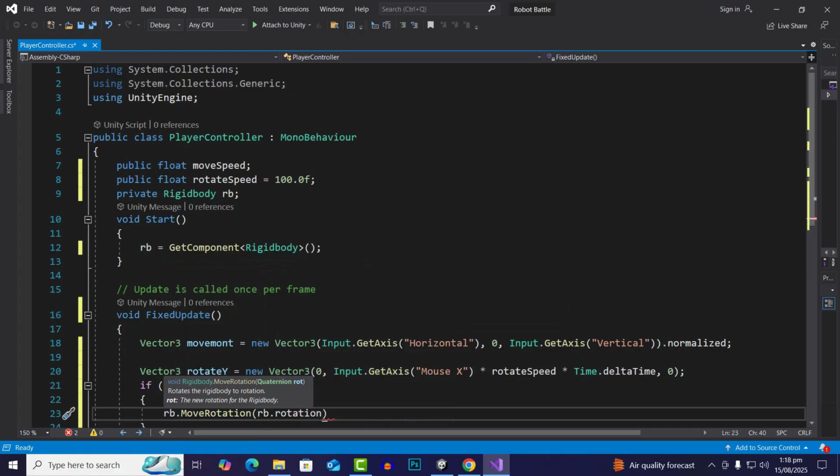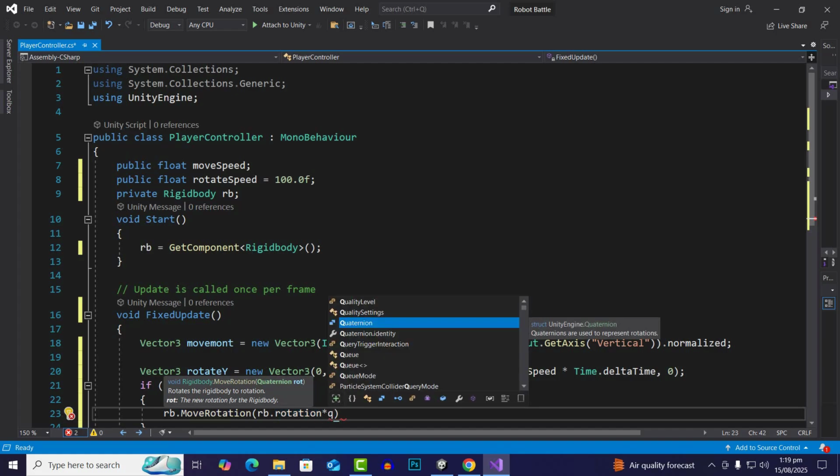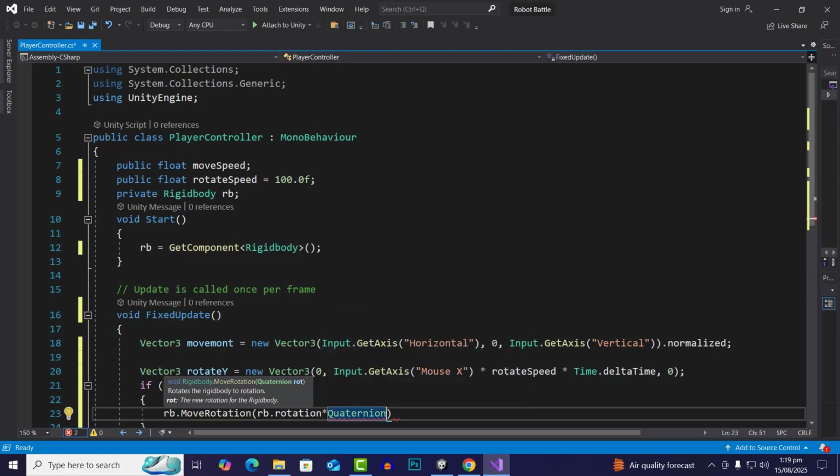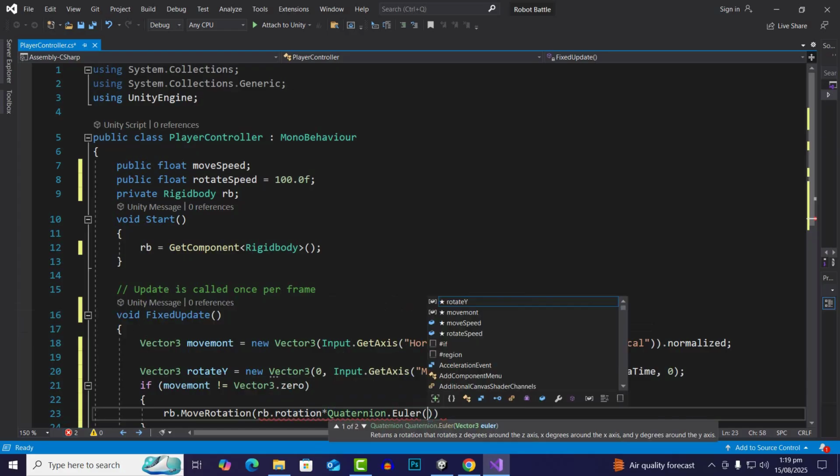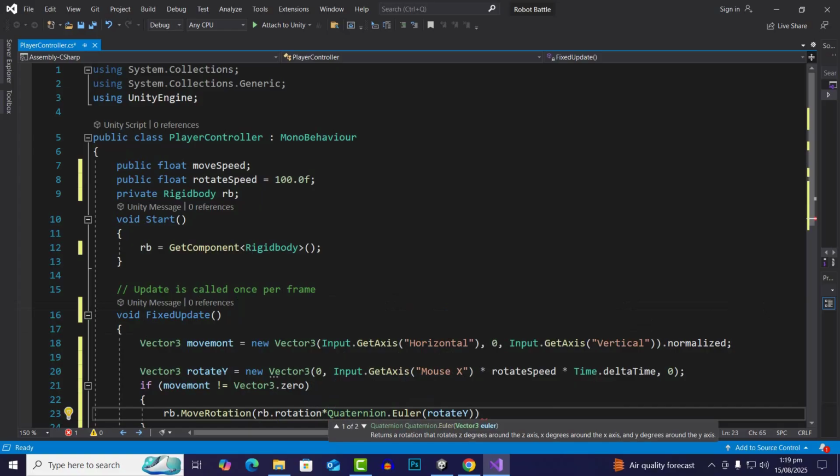So why we are doing this code: if we are standing still in a certain place, we can't rotate, and if we are in a moving position, we are moving somewhere, then we can rotate. Then Quaternion.Euler rotateY,